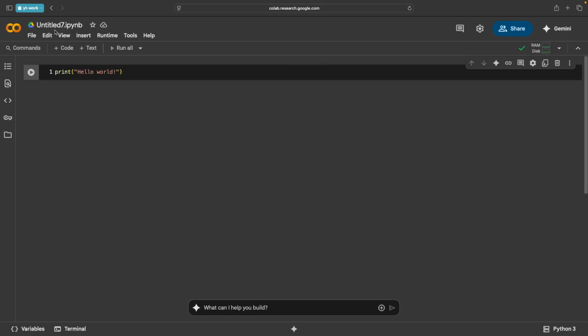And in the top left corner, you can also rename this file. Let's call this getting started with Python. So this is the name of the file, and IPYNB, which stands for Python Notebook, is the file extension, just like .py is the extension for Python scripts. This is what we call notebooks. So press enter. So this is the name of the file.